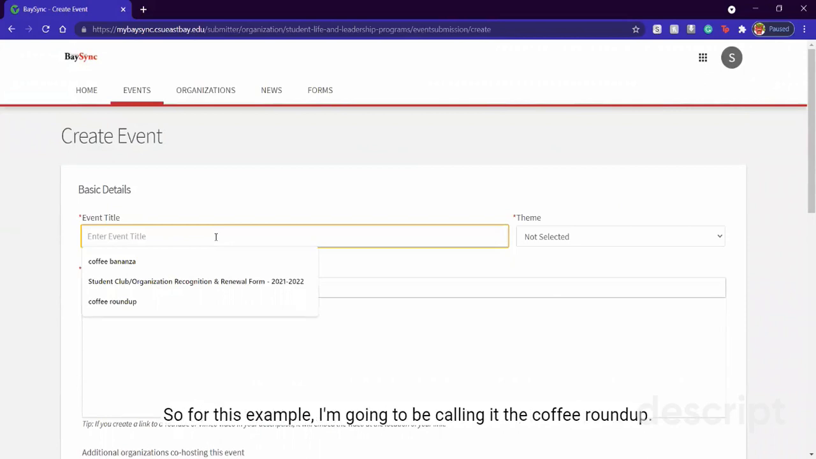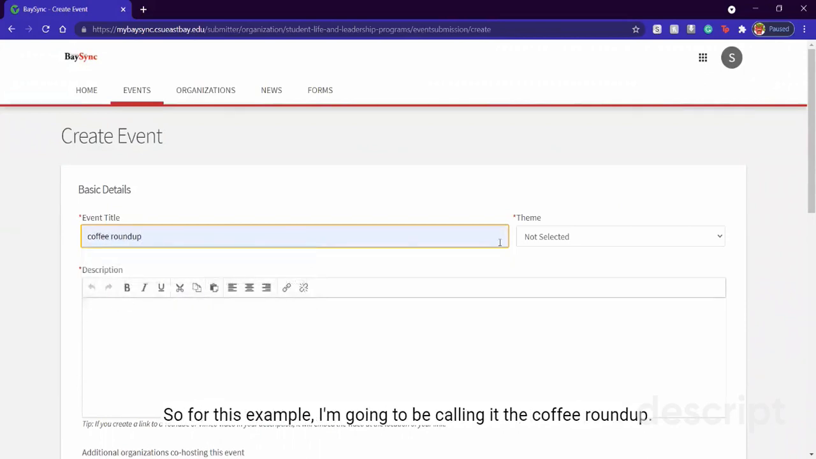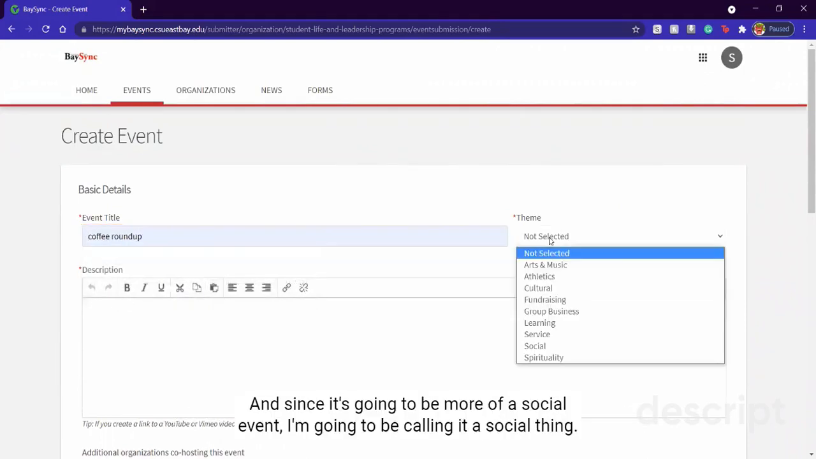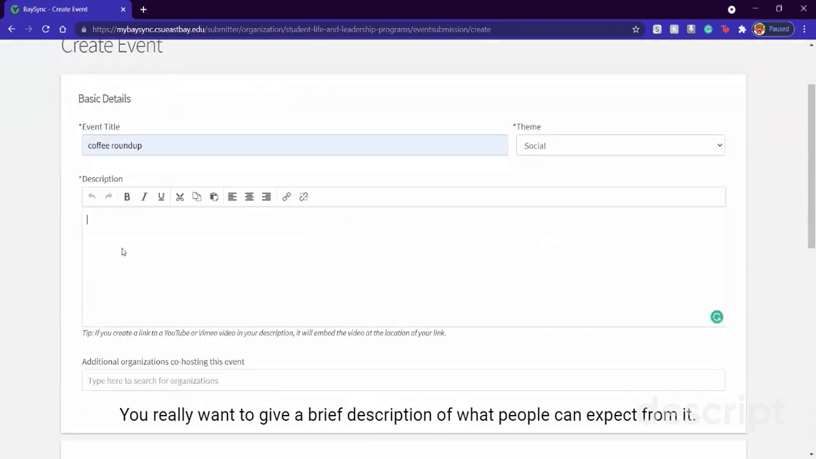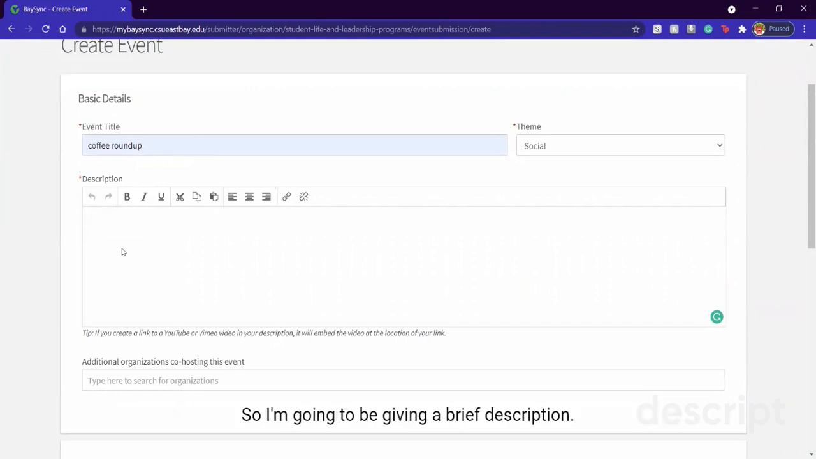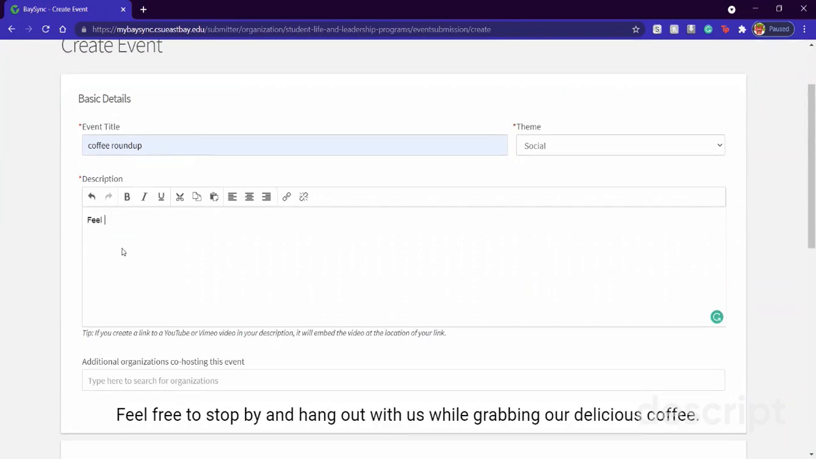particular event. So for this example, I'm going to be calling it the Coffee Roundup. And since it's going to be more of a social event, I'm going to be calling it a social. With events, you typically want to give a brief description of what people can expect from it. So I'm going to be giving a brief description saying, feel free to stop by and hang out with us